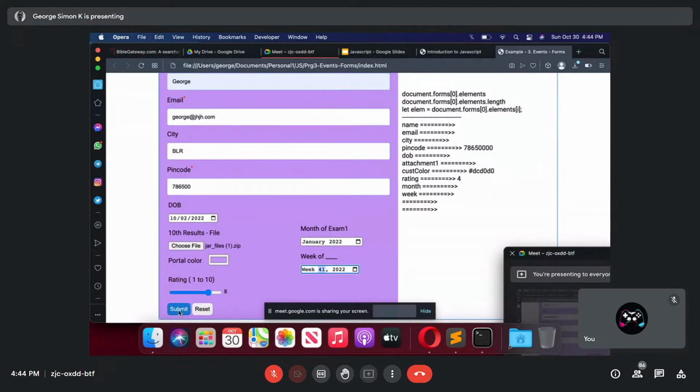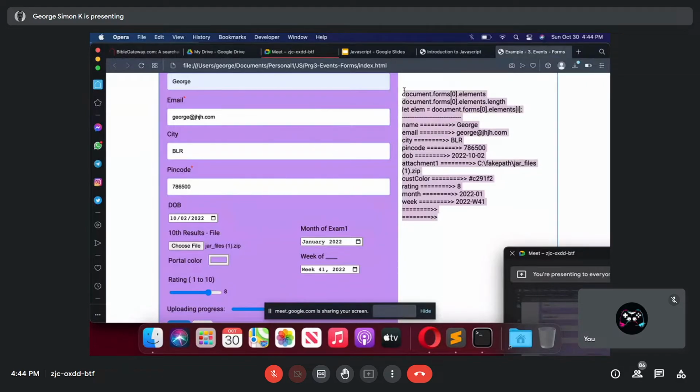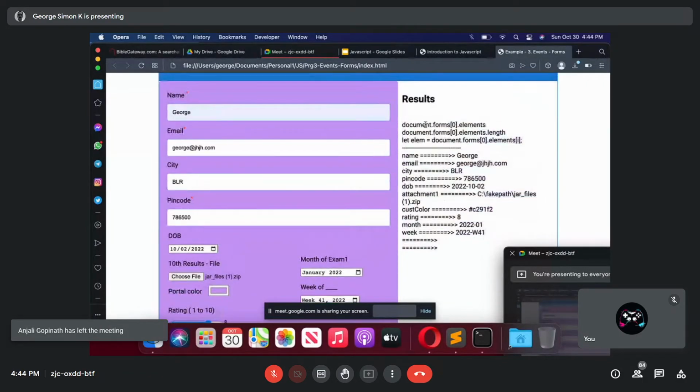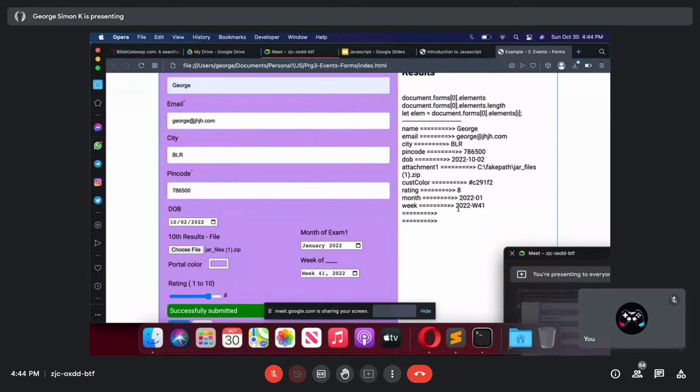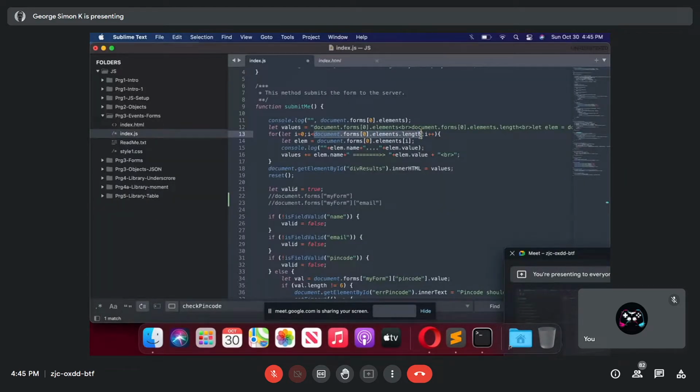And when I click submit, on the right hand side, I'm displaying some information just to let you know that when you call document.forms of 0 or document.forms of the name myform.elements, myform.elements.length, that means how many items are there, i++, get the reference to the element.